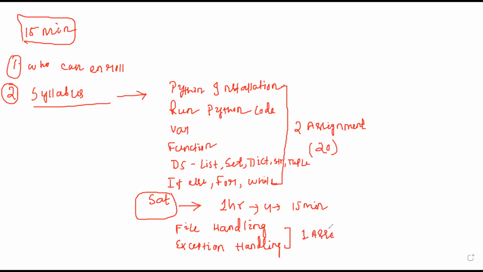And after this file handling and exception handling, we have other things like decorators, generators, and all. And we have our Saturday. When Saturday comes, we have our second coding test. With this, I will also talk about a package called NumPy. What is NumPy? NumPy is a mathematical package. So using NumPy, you will get arrays, which are called matrix and vectors. So using that, we can do a lot of linear algebra.